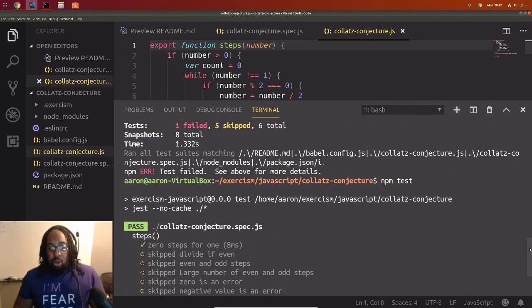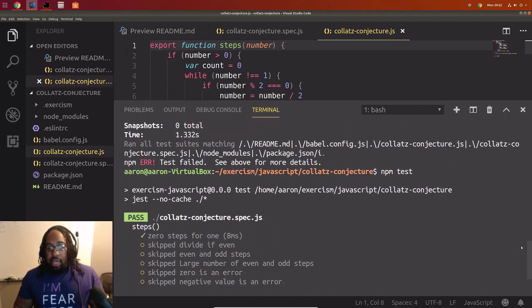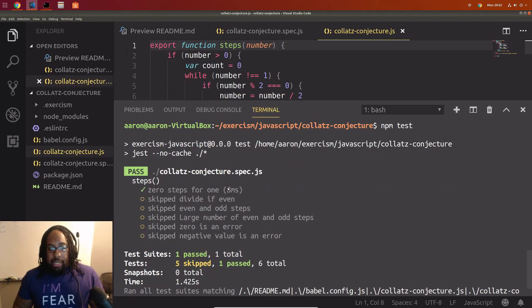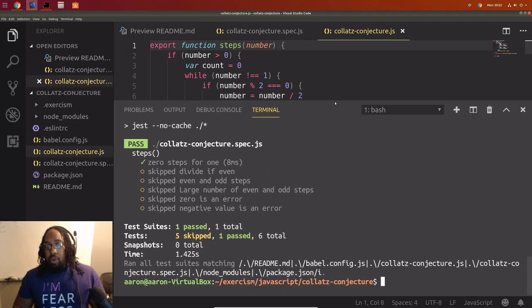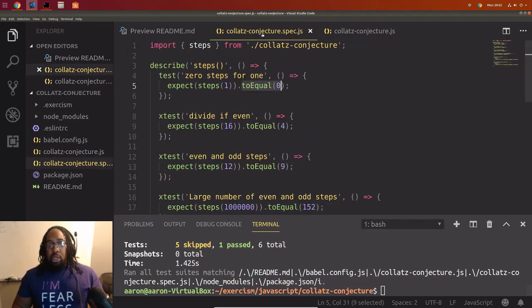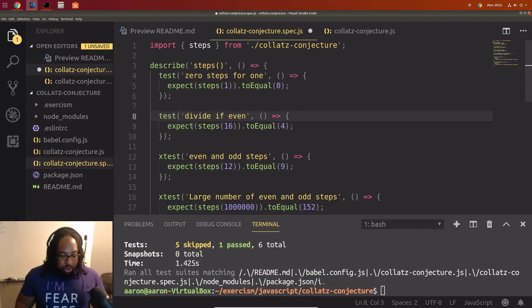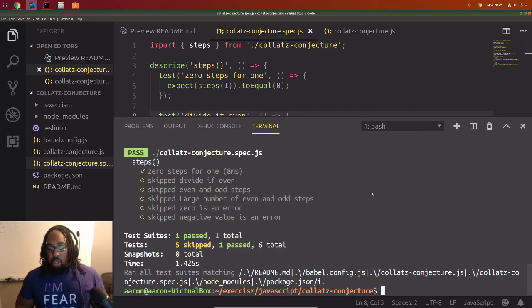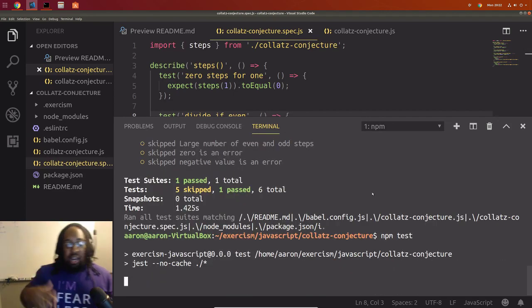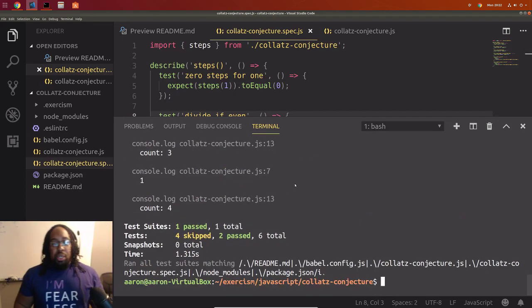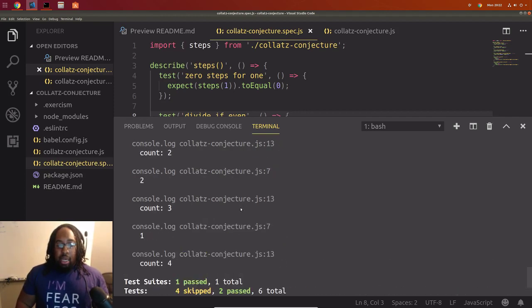We can go scroll back up and we can see what we want to see, even though there's nothing there. But it lets us know which test passed, how long it took. And the 5 were skipped, and there are 6 total. So what we can do now is we can go through. You can do it a couple ways. You can do it one at a time. Some people like to solve them one at a time. You know, run npm test, make sure it passes. If it doesn't, look at your code, make changes to it so that that test can pass. And so it passed again. We got that passing again.